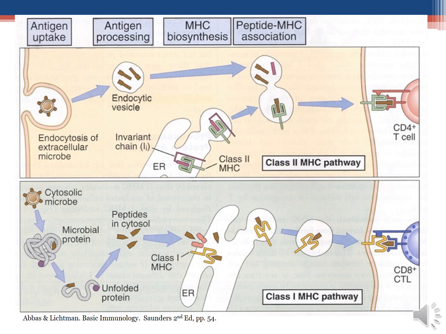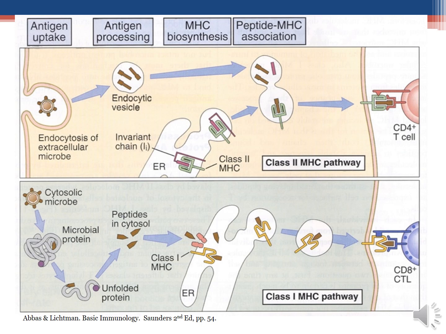So this diagram shows each MHC pathway. On the top we have our Class II MHC pathway. So we go through endocytosis of an extracellular microorganism. It's going to get processed, and then on our Class II MHC, after it comes out of the endoplasmic reticulum,